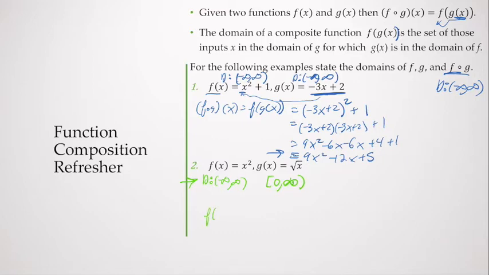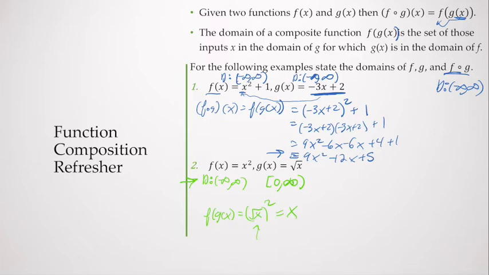All right, I have f of x, f of g of x is the square root of x squared. Well, square roots cancel out squares, so I just get x. This is a linear equation whose domain would typically be from negative infinity to positive infinity, right? But if I was to substitute in a negative value for x in this as we go through, I couldn't